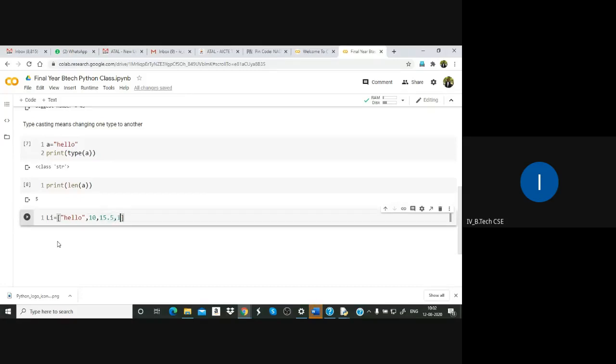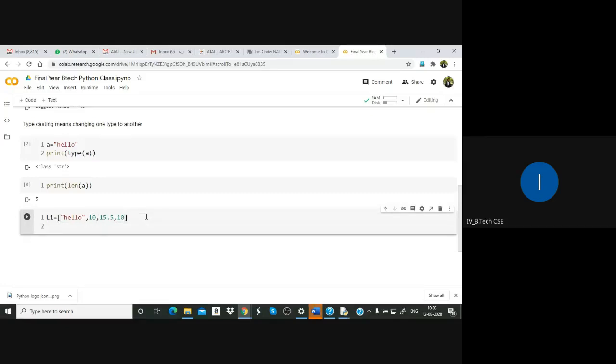Same 10, 100 times you can keep. Duplicate values are allowed, heterogeneous elements are allowed, and different things are allowed. So what is a sequence? This is called sequence.